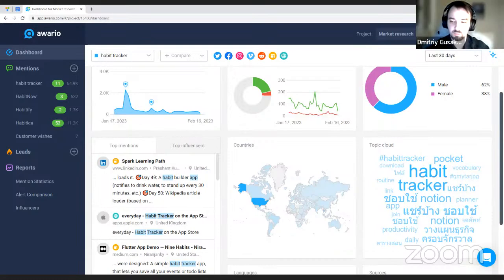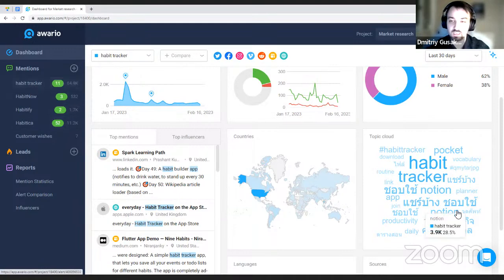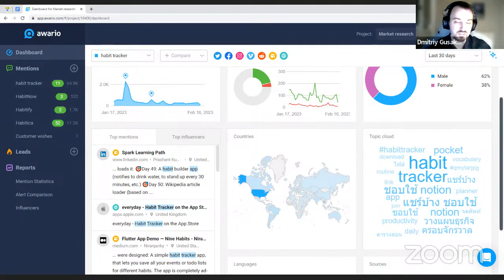Basically, what it does is it takes words, phrases, hashtags, whatever else that people use together with your keywords, in our case, all of those habit tracker related words. And this lets us know what is actually being discussed without you necessarily needing to go and plow through everything, read, understand. You'd kind of have to do that anyway, but this is just a quick jump start.